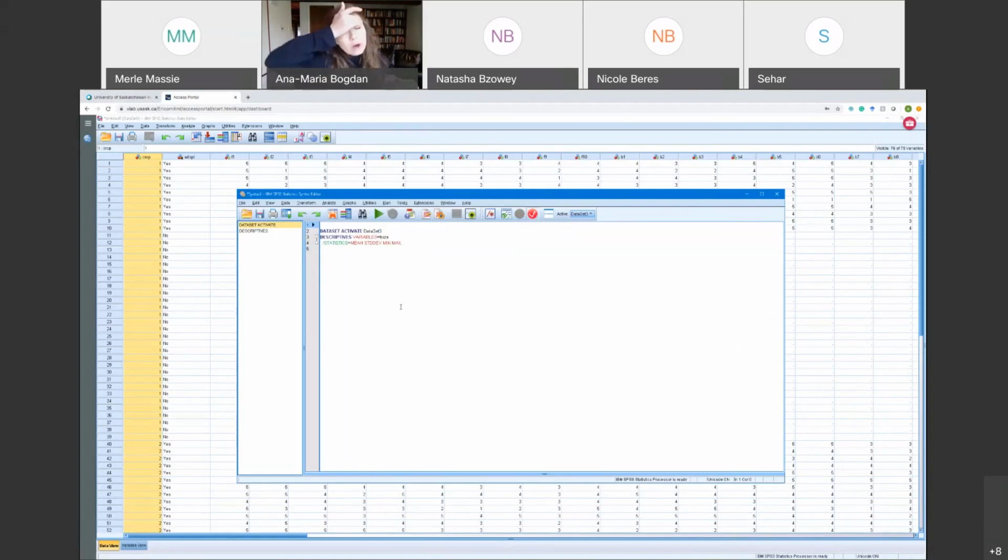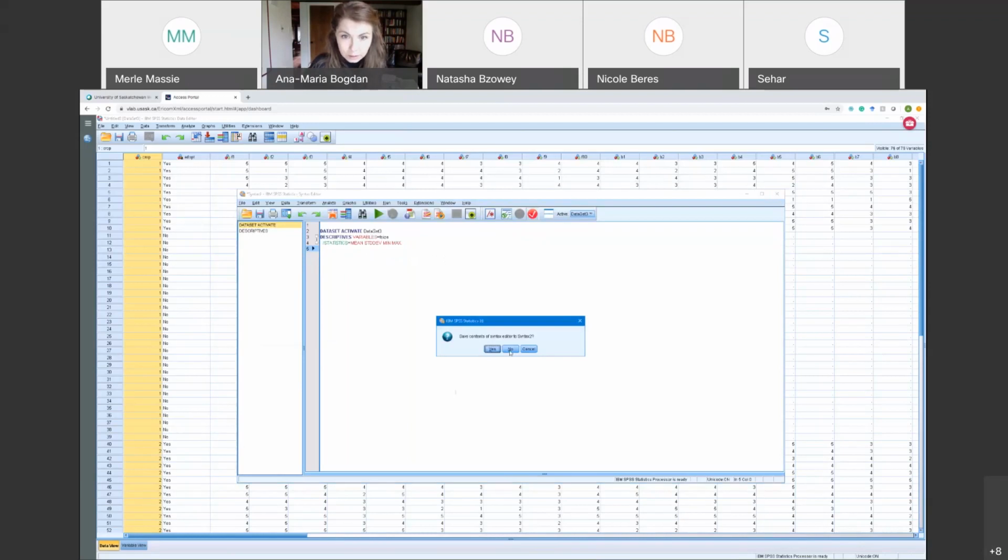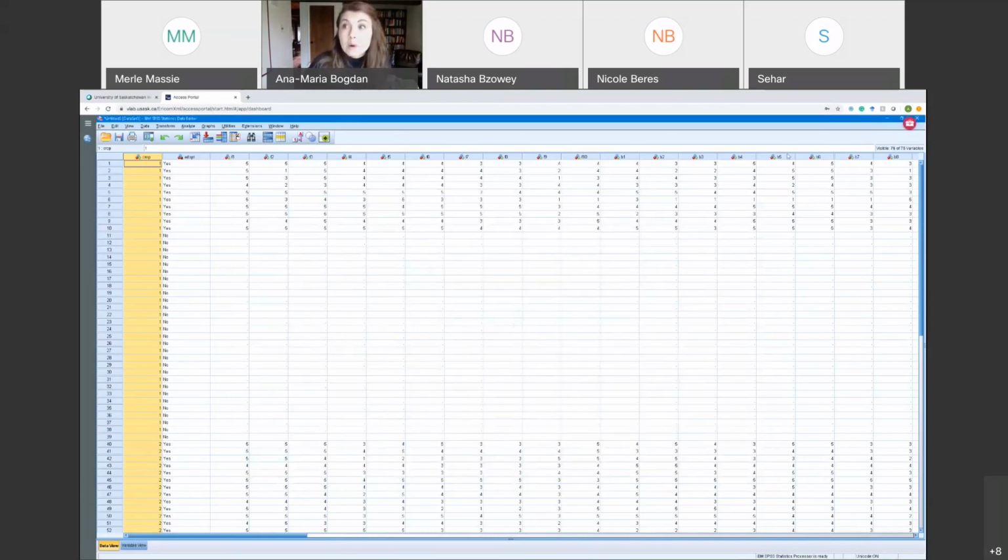I believe SPSS has also attempted to link with R scripts and Python scripts in some of its latest editions. Yes, so if you go here to new script, I see Python 2.3 and basics. So I think it's likely that you can just import those and SPSS will recognize them and convert them into its own syntax. So I'll just close this for now. That's a bit ahead. All right, so that's another example of using an Excel spreadsheet